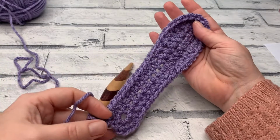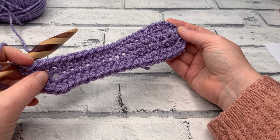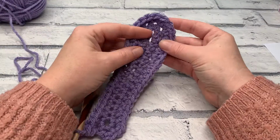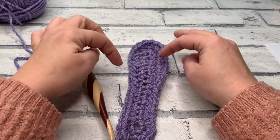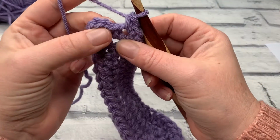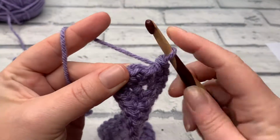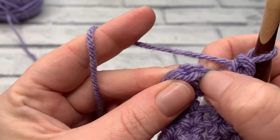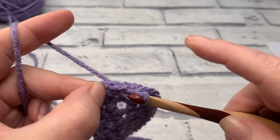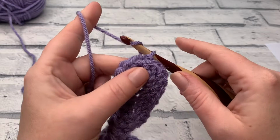So at the end of round 2 you should now have a total stitch count of 46, which will be 30 single crochets and 16 half double crochets. You can start to see that the sole shape is coming out already, so it's starting to go a little bit wider at the toe here. Ignoring your slip stitch and your chain 1, we're going to join to the top of that first single crochet that we made to complete round 2. Going into round 3, we chain 1